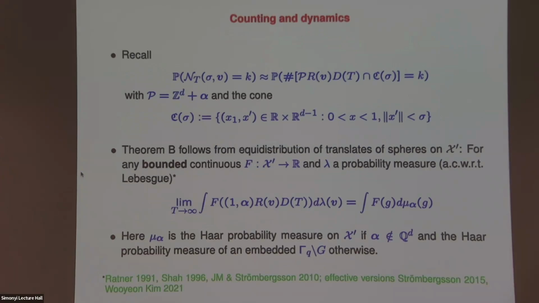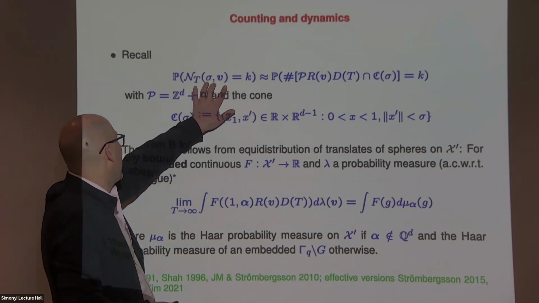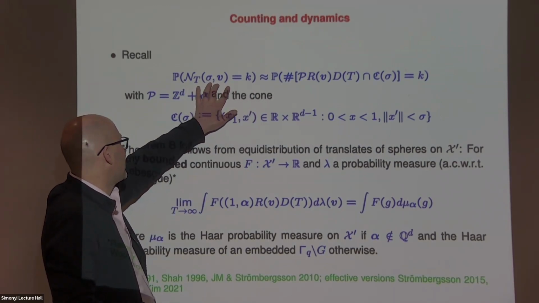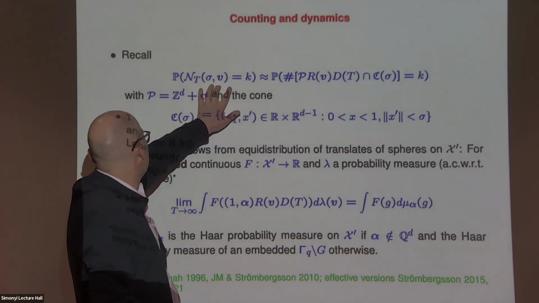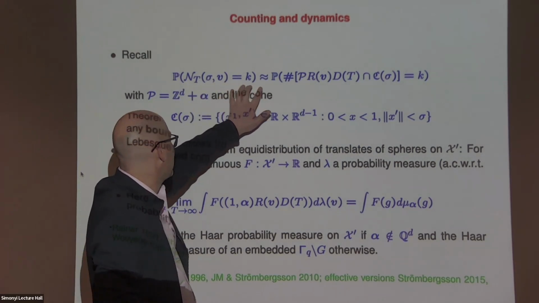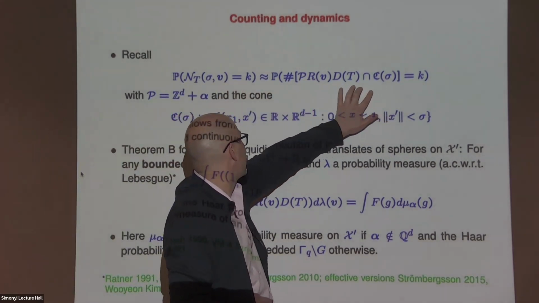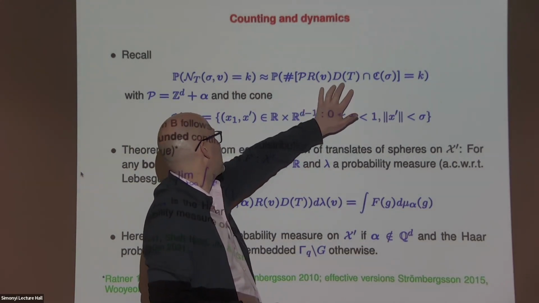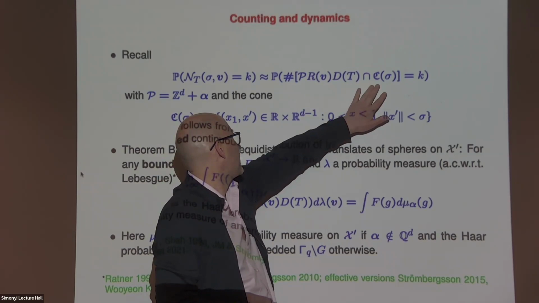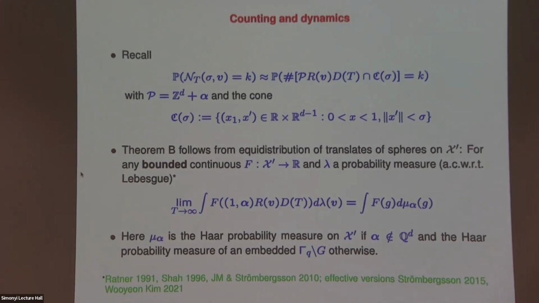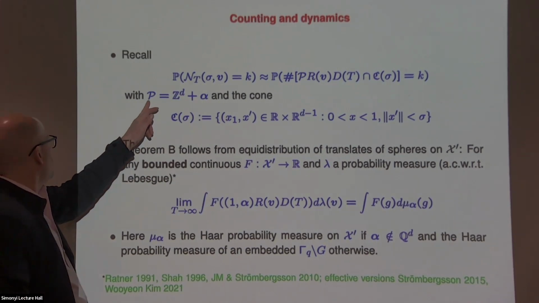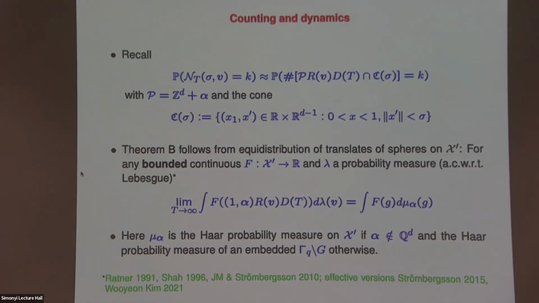Okay, why did I do all of this? Well, just to remind you how the proof for the convergence of this probability works now in our setting here. Remember, we said that the probability of finding k points in our little disk, projected points in our little disk, can be rewritten as points from our rotated and dilated point set intersecting our fixed cone. And here, as a reminder, that's how our fixed cone looks like. And now, if we choose P to be Z^d plus alpha,